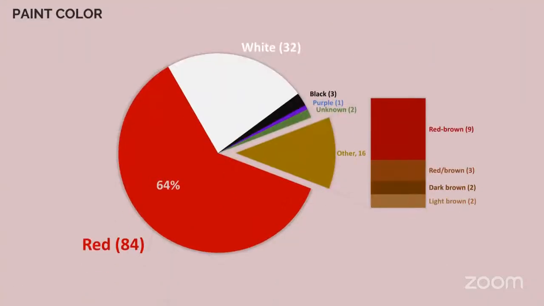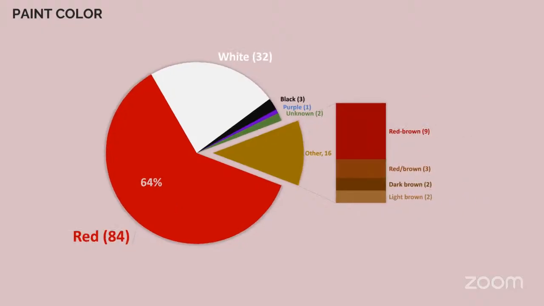Let us begin with the paint color. In Grivac, we have this range of colors, and as you can see, the red painting highly prevails. It's followed by white, but I have to say that these shades of red, reddish brown, and brown probably represent the use of the same pigment as the red painting, and in a moment you will see why.